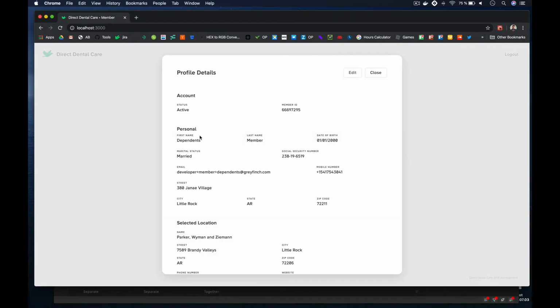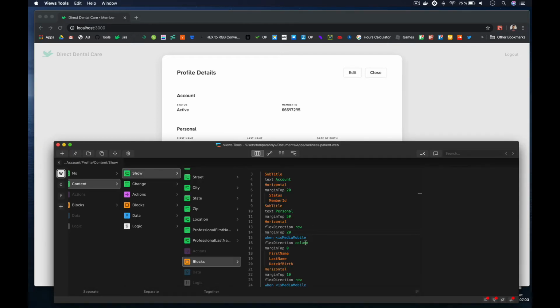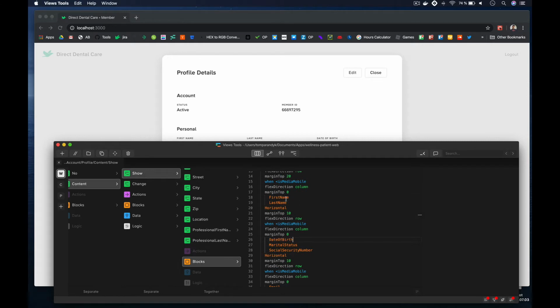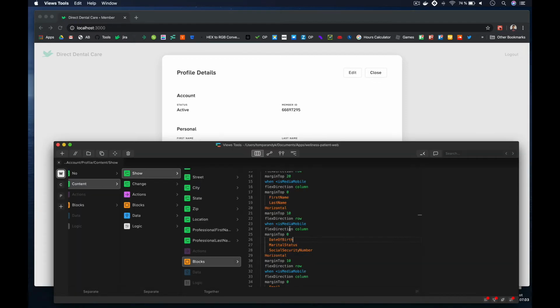Let's give it 20. So now this one will push 20 pixels. That's cool. Okay, and we have status, and maybe we should actually drop the date of birth from this horizontal to the other one, and I would probably put it here, and let's see how it looks. So then if these guys are 3, they would, oh yeah, okay, so date of birth,